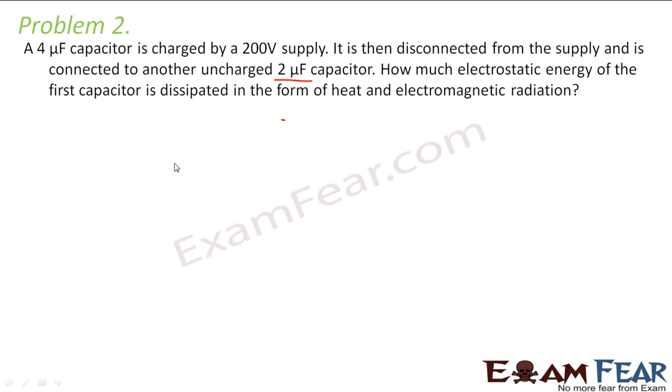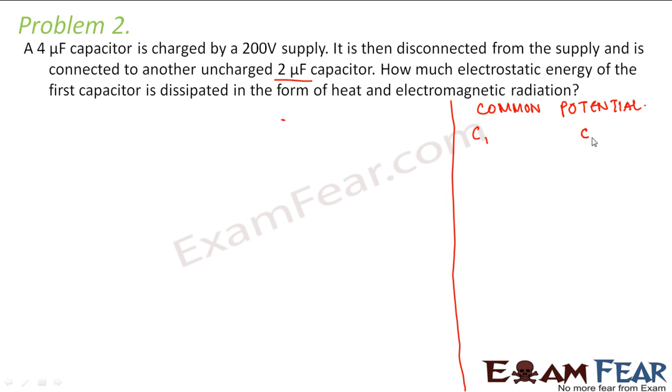So in this we have a funda of common potential. What happens in case of common potential is, let us suppose we have two different capacitors. Let us suppose there is one capacitor of capacitance C1, and another capacitor of capacitance C2. So let us first understand this concept of common potential.